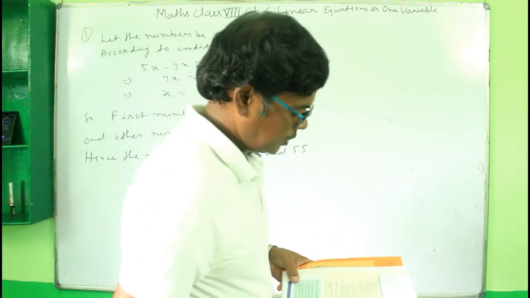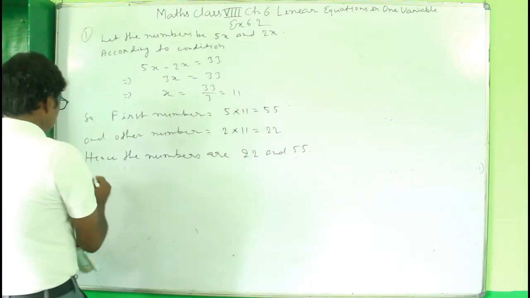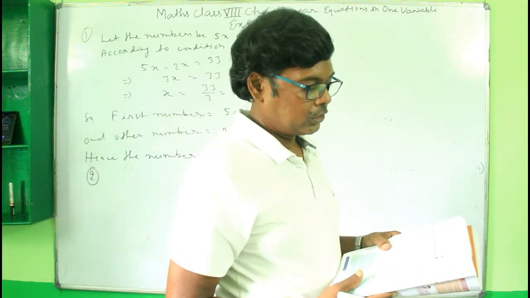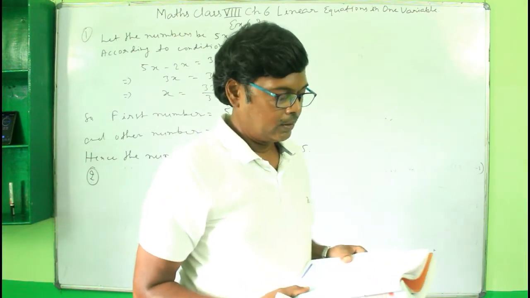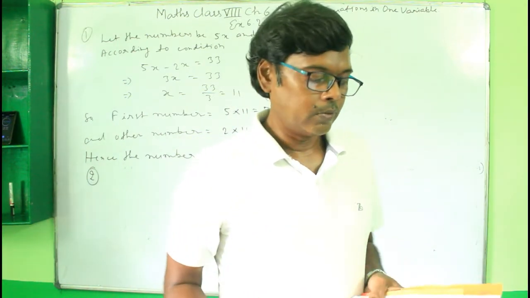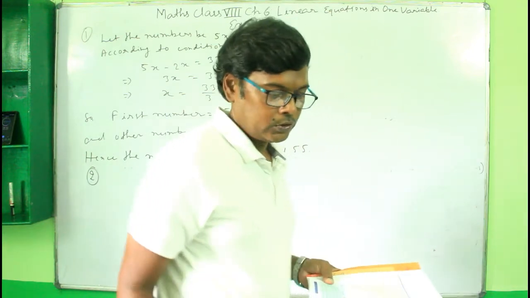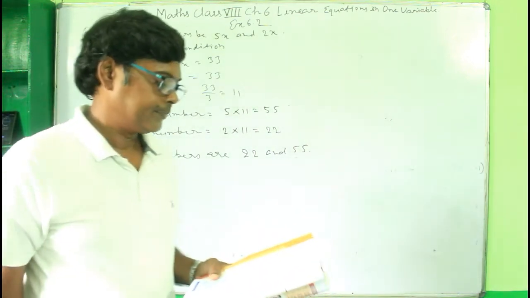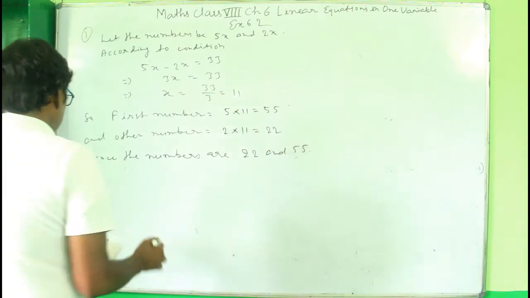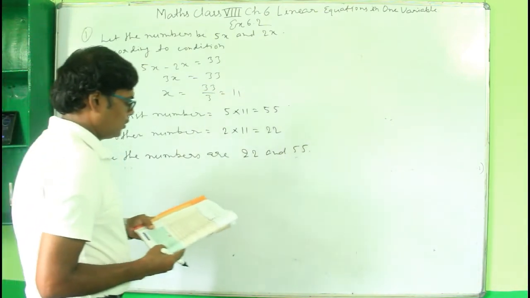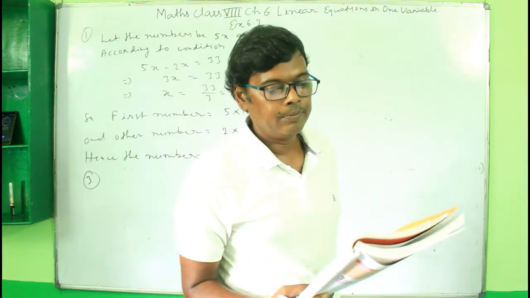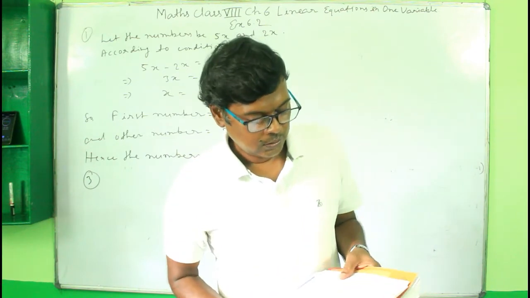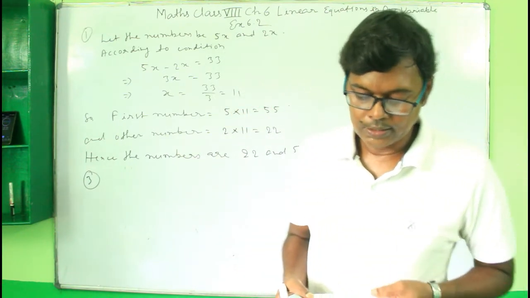And next, question number 2. The sum of two numbers is 65, and the two numbers are in the ratio 6:7. Find the numbers. I think this is similar to question number 1. Okay, so you will do it yourself, right? I will solve the next one. Question number 3. Given that 45 is the difference between a number and that formed by reversing its digits, if the sum of the digits of the number is 13, then find the number.